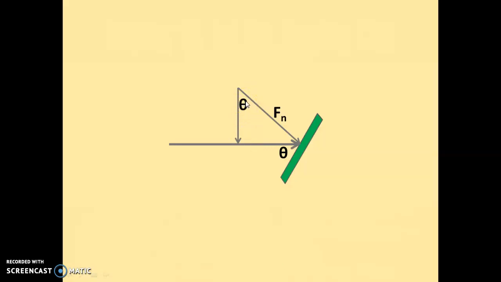Okay, so now this normal force Fn can be resolved into two components. One is the component in the y direction, Fy, and the other is the component in the x direction, or as we call it, the direction of jet, that will be Fx. First we will derive the formula for Fn, or the normal force on the plate, and then we will derive the formula for Fx and Fy, the two components of force in the x direction and the y direction.